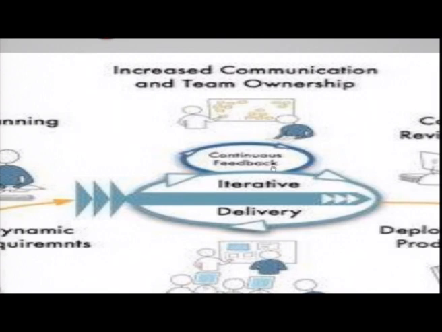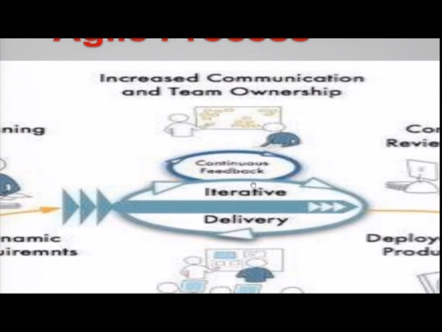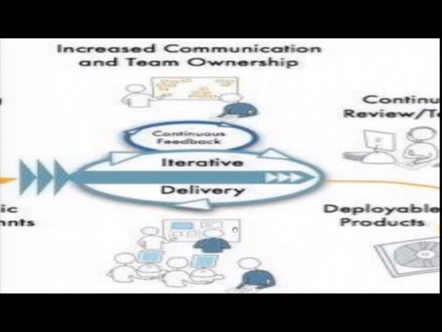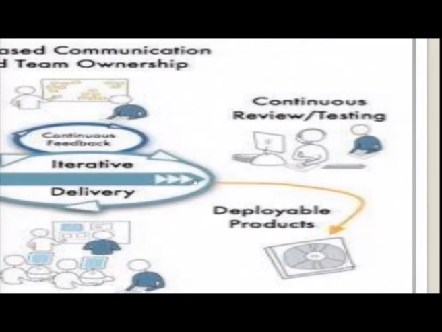Here, you get continuous feedback from the customer end, and when there is continuous feedback, you deliver in small increments. So, that is called a small delivery. Then, after you make a small delivery, you go in for continuous review or continuous testing. Such a kind of testing you call integration testing. When you do it often, several times in a day, you call it regression testing. I suppose, my dear students, you would have studied regression testing when you did your software engineering course,